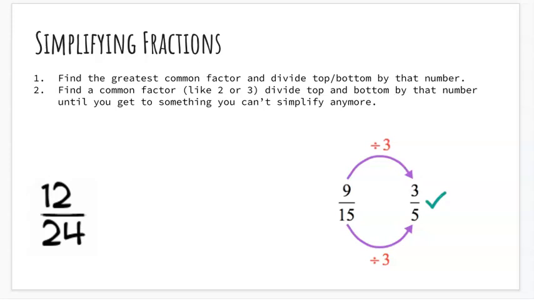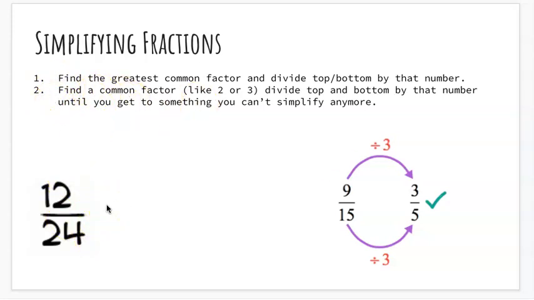Okay, so I'm going to show you guys how to simplify fractions. So the first method is that you could find the greatest common factor between the top and the bottom number, and then you divide the top and bottom by that number. Or you can start with kind of a step-by-step method where you find any common factor, like 2 or 3,